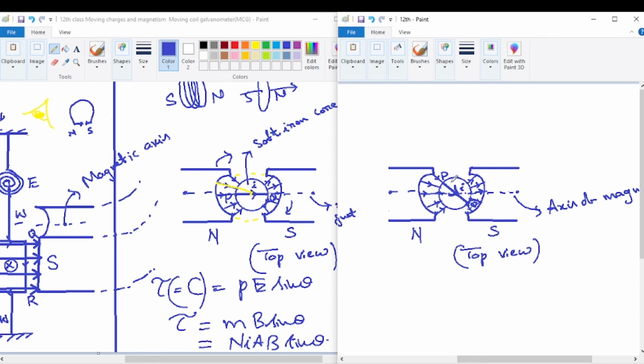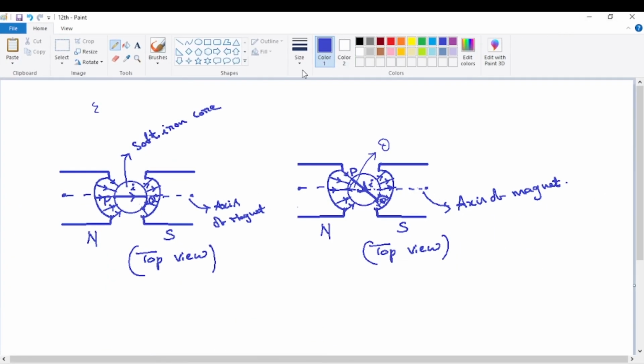So this is after deflection. See here, this is the axis of the circular magnet. This is the center of the north pole, this is the center of the south pole. See the plane of the coil. It got deflected clockwise in the top view. P has gone up and Q has gone down. So it's the new position. It got deflected through an angle theta. This angle is the angle of deflection. I'll just call the angle by a simple symbol.